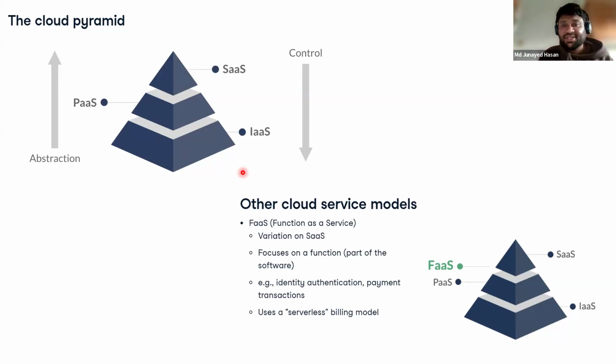So in this case, what happens? This is a function, right? So function as a service. Google is offering that login function as a service to that particular website, right? Whatever website you go, you can do that, right? So that is a function as a service. We learned about SaaS, IaaS, PaaS, whatever, but nowadays function as a service is also a part of cloud service models, okay? And also sometimes identity authentication, payment transaction, okay? So these are over there.